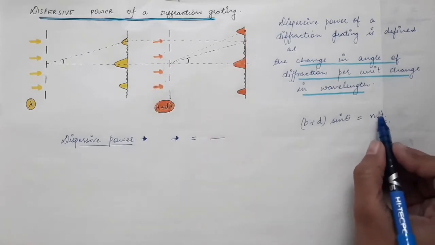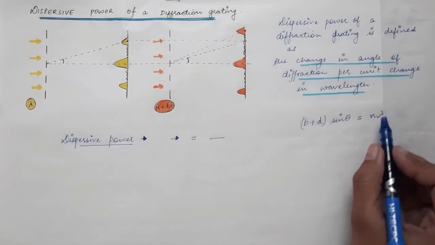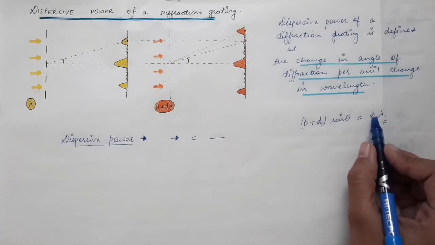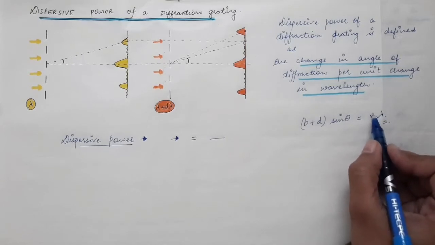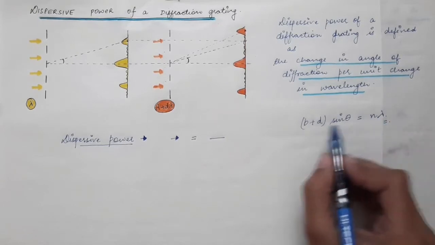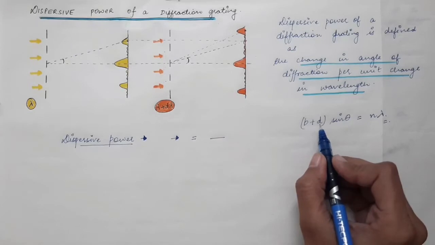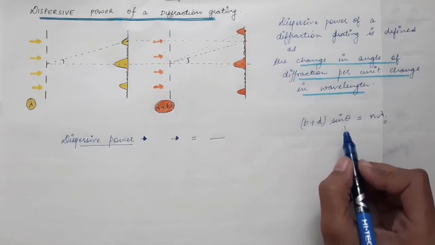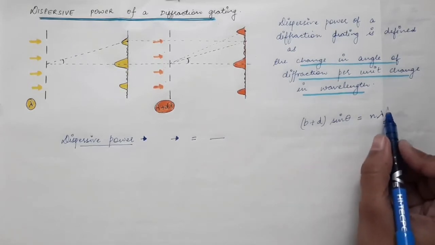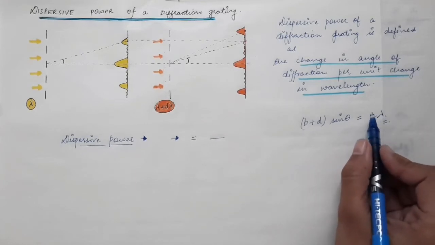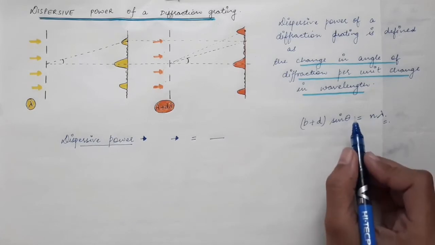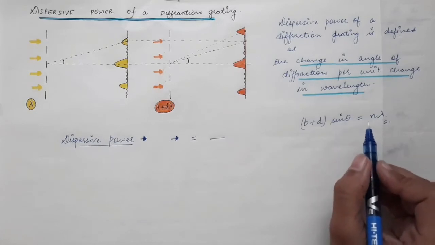So now we are changing the wavelength. If you change the wavelength and you are looking only at the first principal maxima, like in the previous case where n is equal to 1, then since b plus d is fixed, this theta angle will obviously change. So if you change the wavelength by a small amount, then for the same order principal maxima, the angle of diffraction will also change by a small amount.